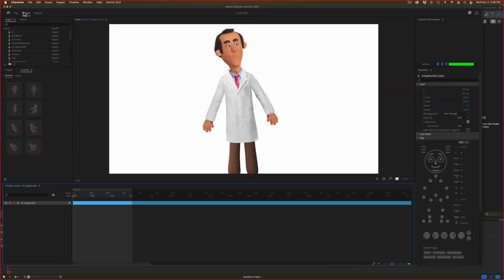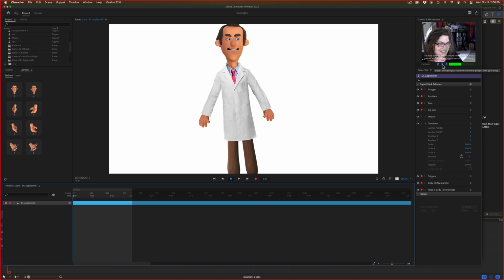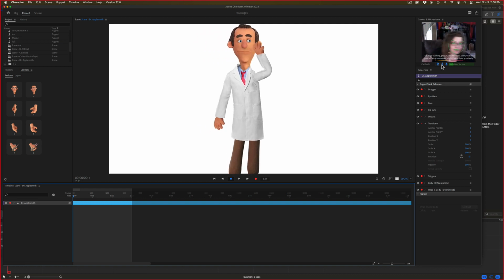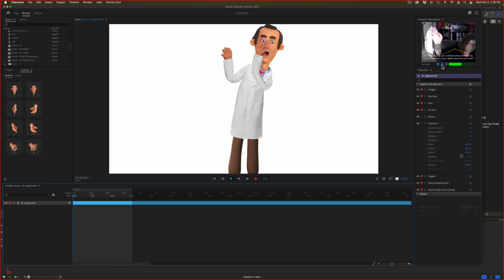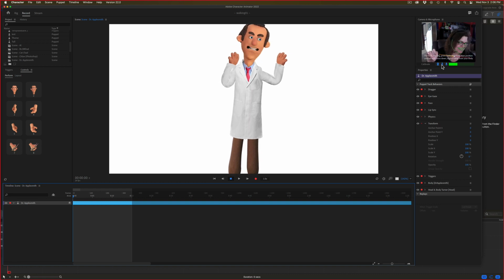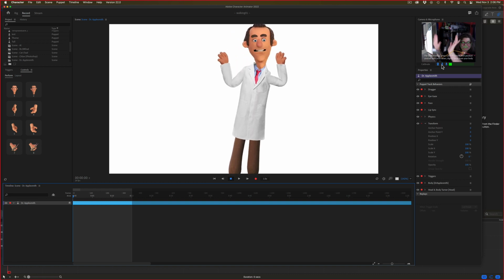I could just go back into record mode. To get this to work, I would just want to make sure that the body tracker input is on, filled in with blue, just like with my camera and microphone if I was recording those. And now when it sees my arm, it should track that arm. This one should track too, just because it has the tracker data in it. And so like, not enough room to dance, but